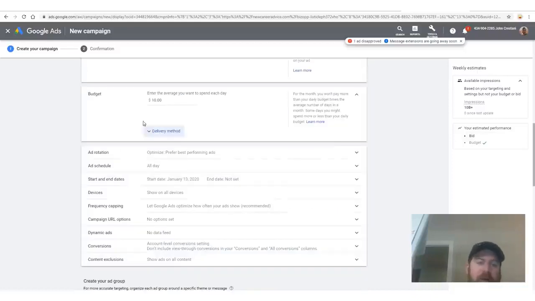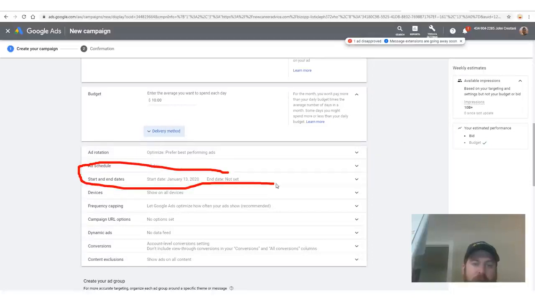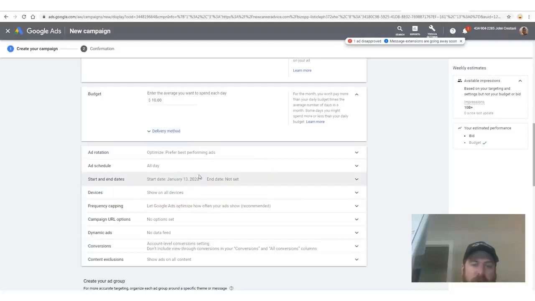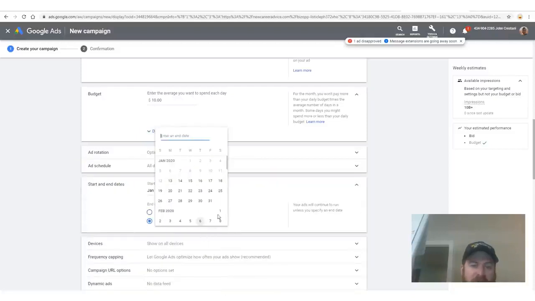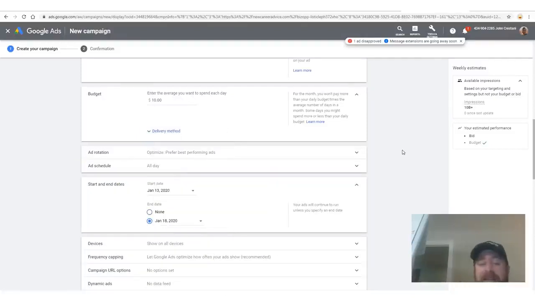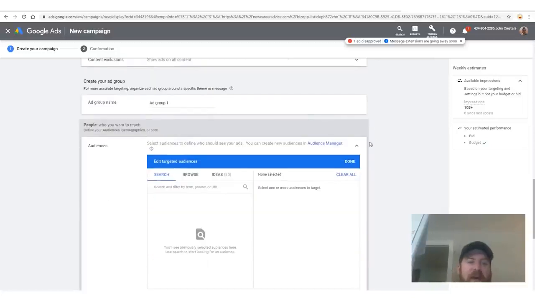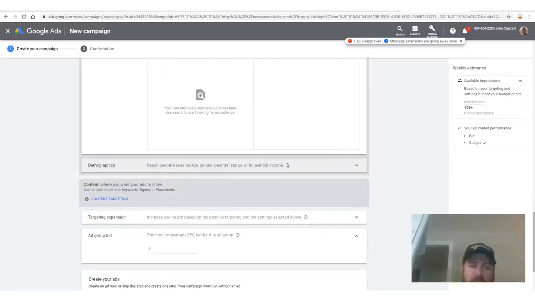That's it. But if you want, you can go to advanced settings. If you saw what I just did, I clicked advanced settings and I'm going to select an end date. If you really want to make sure Google doesn't overspend your money, you can select a start date and end date. I'm filming this in the past. It takes time to prepare this. And then we're going to go down here. It doesn't matter what the ad group name is. A lot of this stuff doesn't matter. If I don't explicitly mention it, don't ask, or you can ask about it, but I might just not answer.